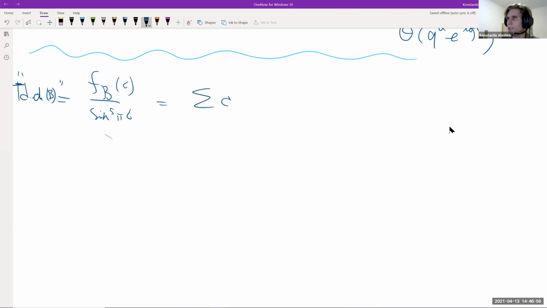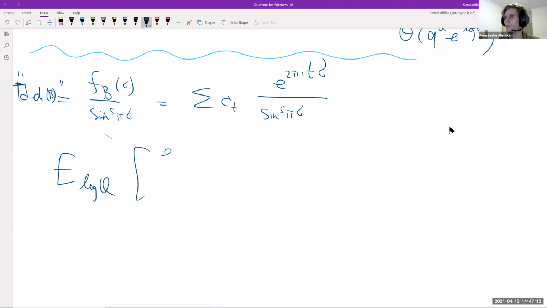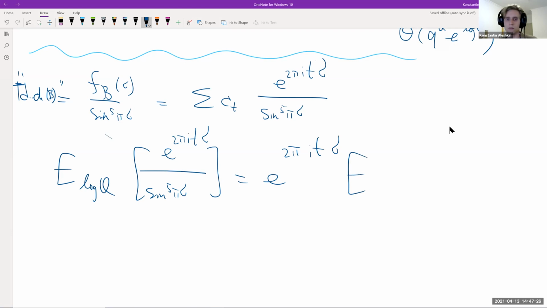So it is the sum over c_t of exponential 2 pi i t. So again, this is the character decomposition of these brane factors. And then the formula is that E log Q of it is additive. And then this is just 2 pi i t sigma E log Q